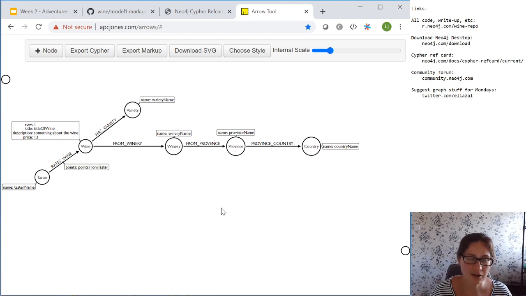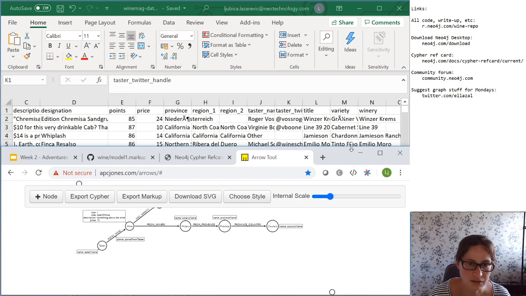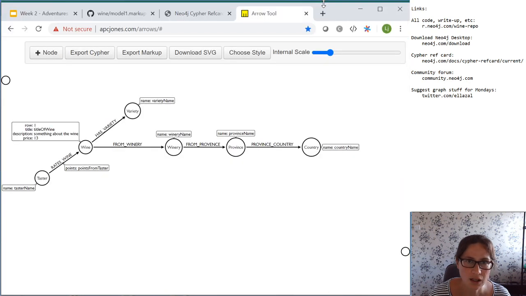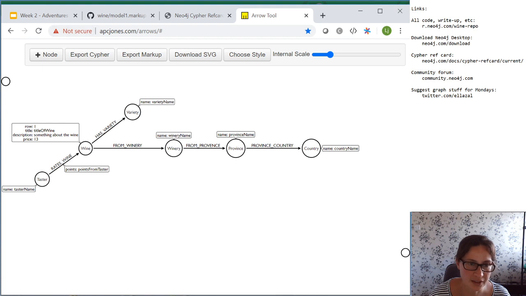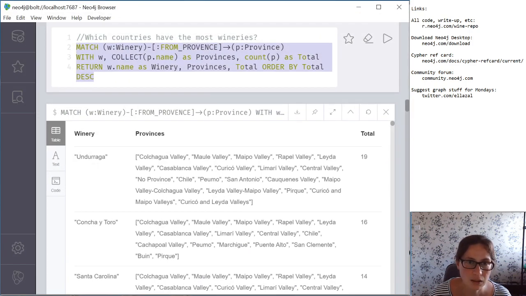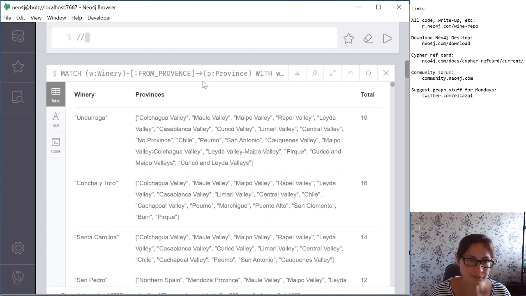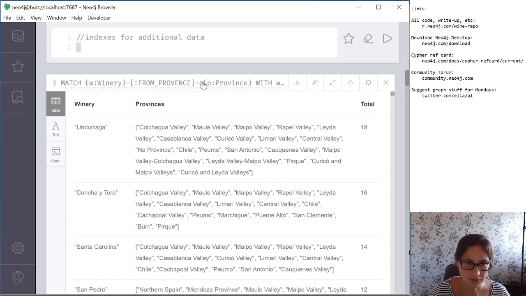So let's think about what we're going to do with regards to the indexes. Let me just pop these into the browser. So we know we're going to create an index on wine, on variety, and on taster. So let's do that now. Right, so we're going to create an index on wine, and we're going to do ID, and that's just the ID